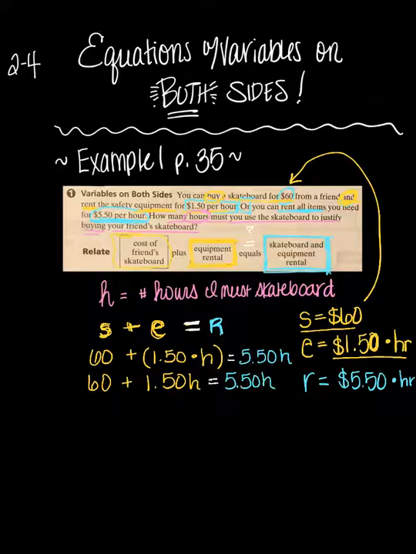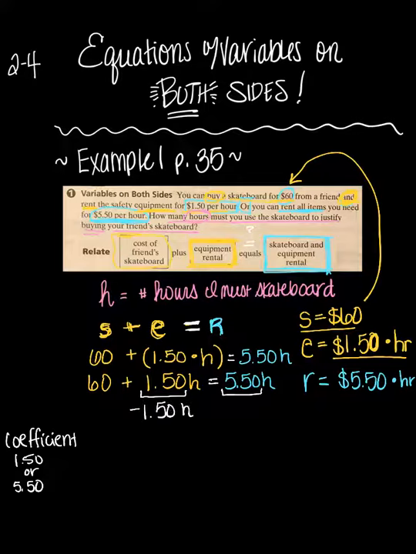Oh my word. Well, I need to get all my H's on one side. So the one that I like to generally move is the one with the smallest coefficient. Remember, coefficient is simply any number that is multiplying a variable. So my coefficients here are either 1.50 or 5.50. I like to choose the lowest number, and you'll see why here in a minute. So we're going to end up subtracting 1.50